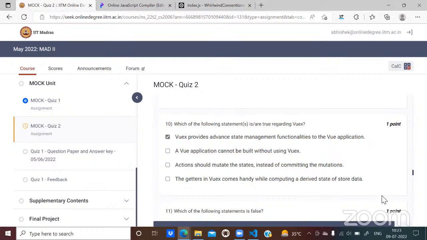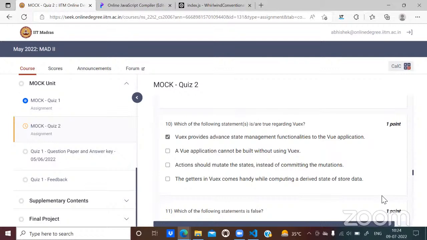No, I would say that means it's a state management library, so we can call it. I didn't get your exact question. No, the definition is, the documentation says, UX is the state management system, right? Pattern and library, right? And it does not qualify that state management thing with system with advanced. So if I have to put an emphasis on advanced, then this option may not be true, I think, right?